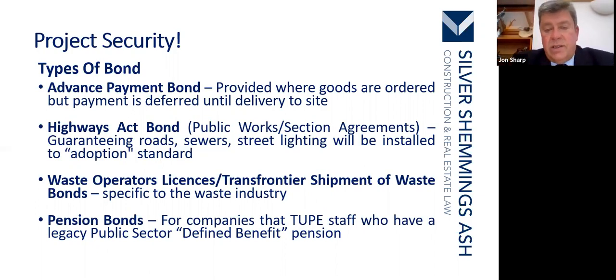Waste operators license, transfrontier shipment of waste bonds specific to the waste industry, and pension bonds for companies that TUPE staff. There's a lot of that going on at the moment, surprisingly. They have a defined benefit pension. It's a scheme whereby pensions get transferred, etc. You can buy bonds for